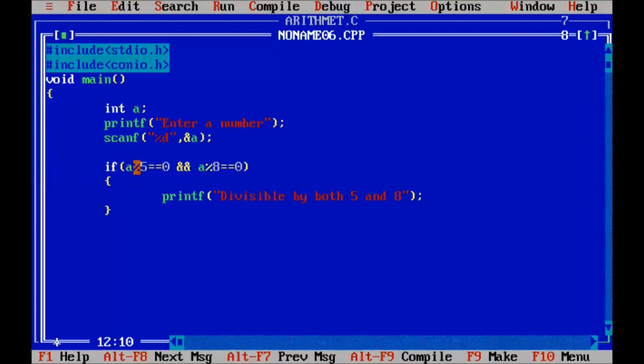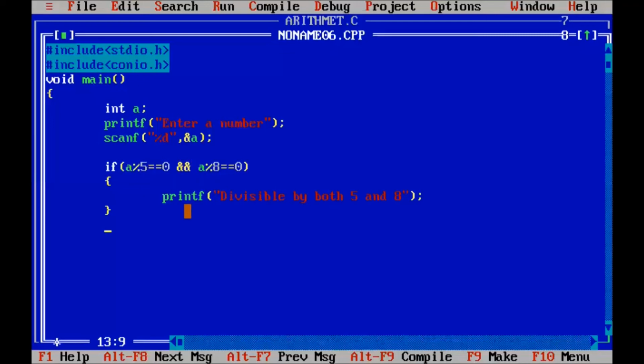In this if part both conditions must be true. If both conditions are true, this statement will be executed. If this condition is true and this condition is false, this statement will not execute. Okay, so in a logical operator, both conditions should be true.